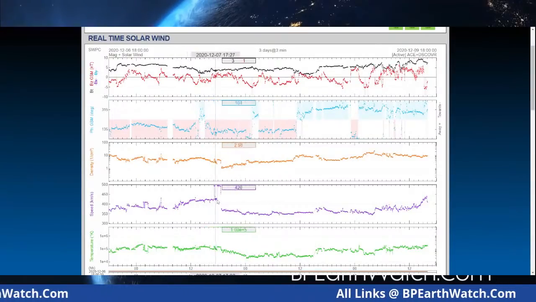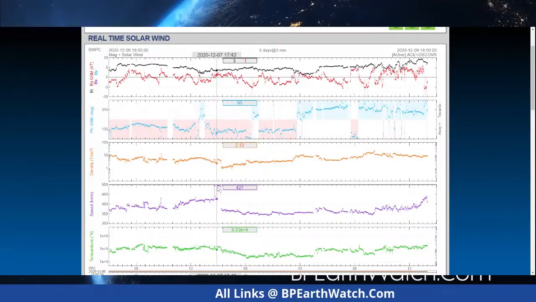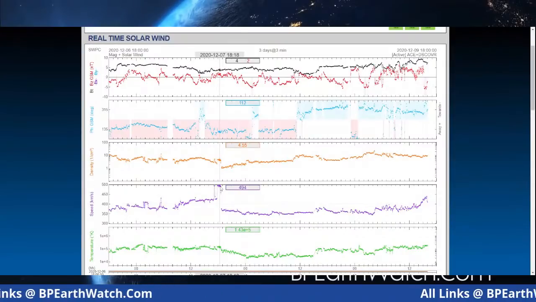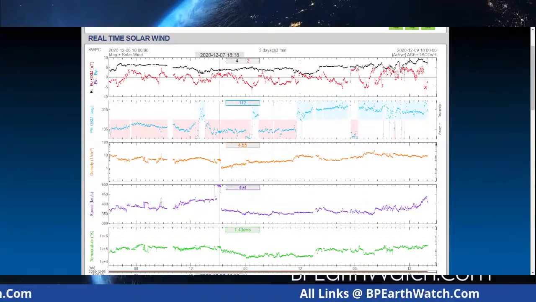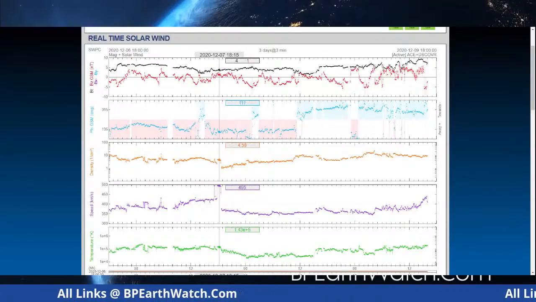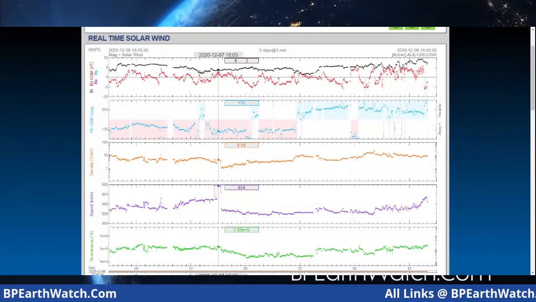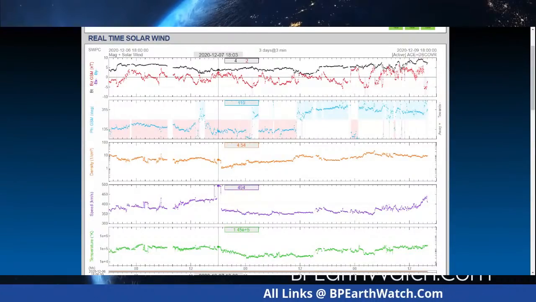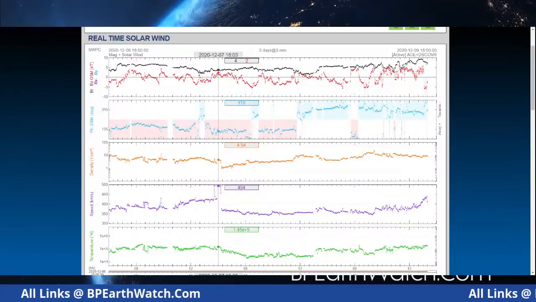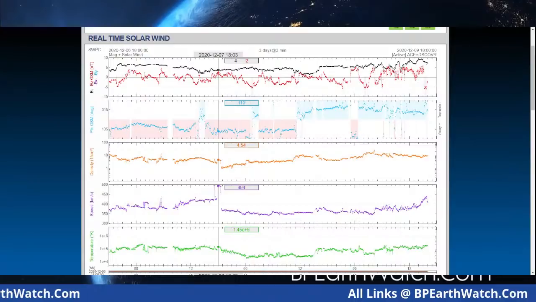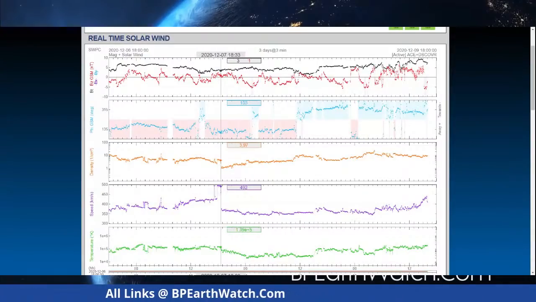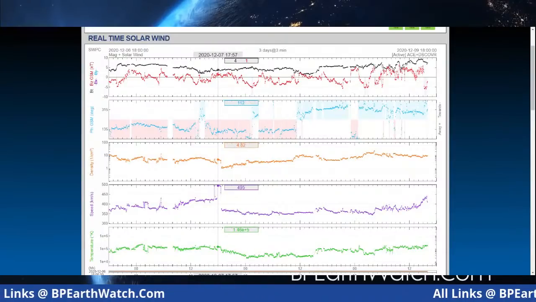Notice the solar wind speed right here. It peaked suddenly up into the 495 kilometers per second. Guys, that's very powerful, especially with weak shields. And that was on the 7th. You have what's called a proton or photon burst because of the flare. That takes 8.2 minutes to reach our planet. That's why you see the timing right here as it crossed this satellite on the way to the planet.